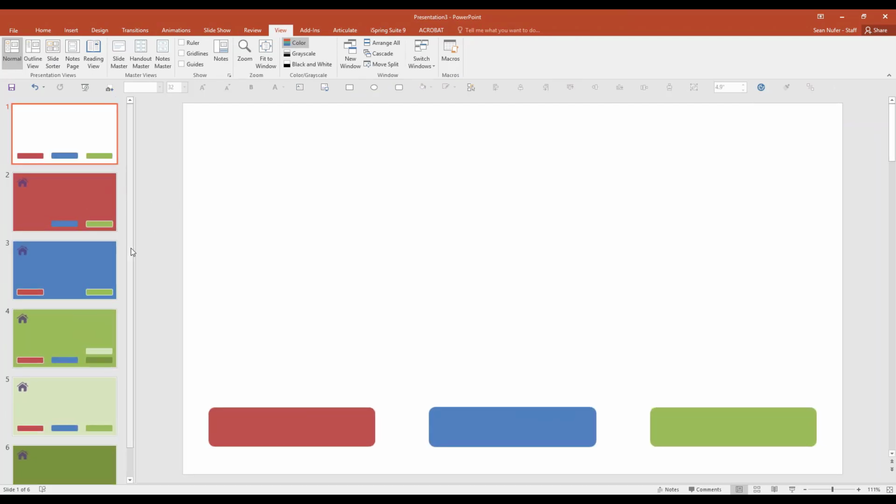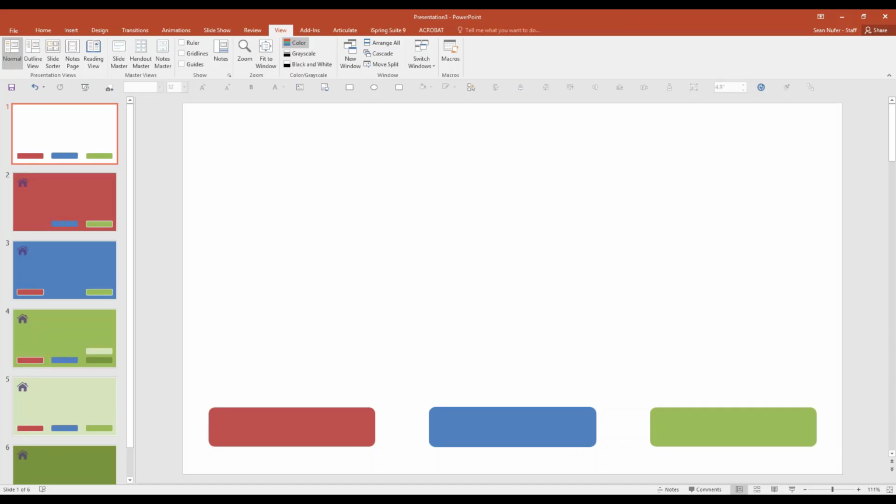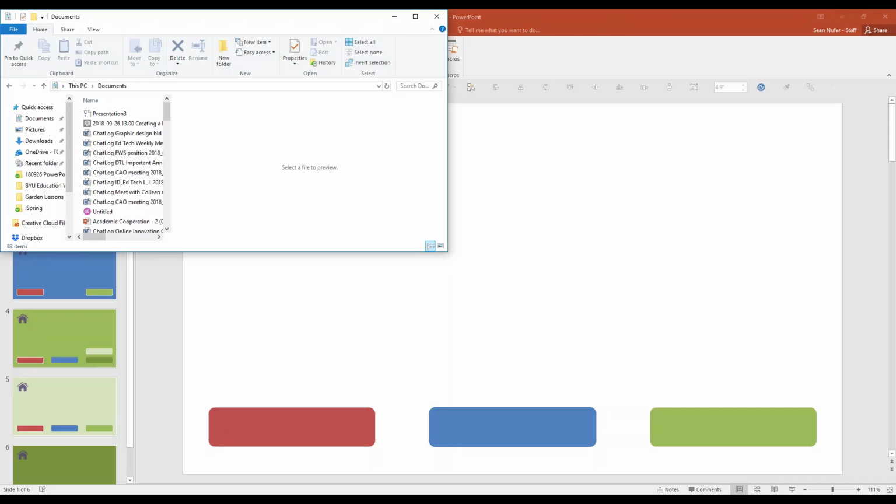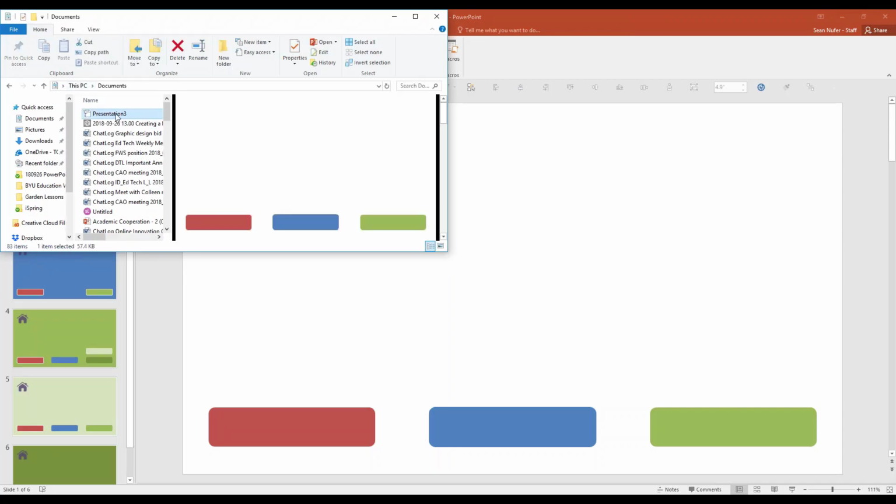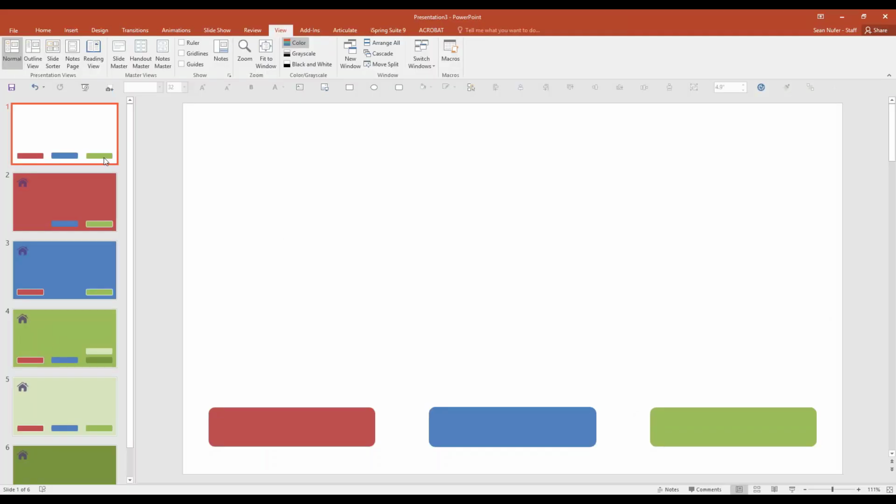Now, typically, you might go into a class and you might have your presentation loaded on the USB drive and you open it up and you get to this, and then you have to click the slideshow button. But if I save it as a slideshow, let me pull this up over here. Then when I click on this, it opens up right to the show without having that back end thing, which